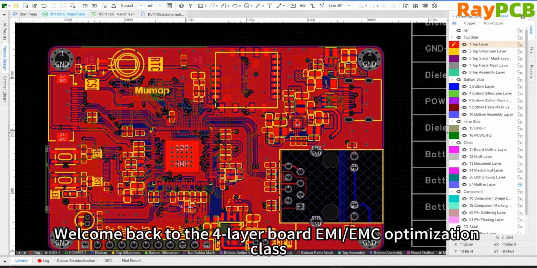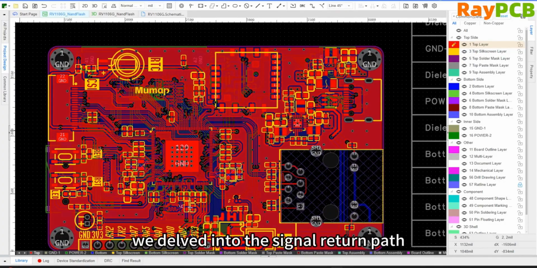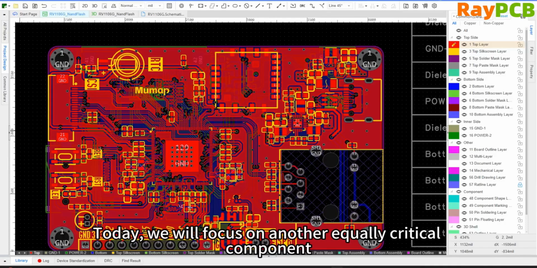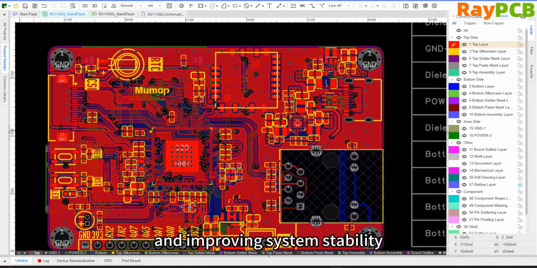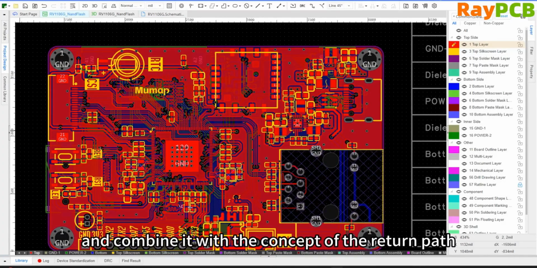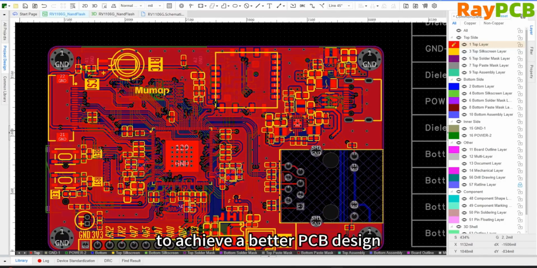Welcome back to the 4-layer PCB EMI EMC optimization course. In the previous video, we took an in-depth look at the importance of signal return paths for EMI EMC. Today we will focus on another equally critical detail, decoupling capacitors. It plays an indispensable role in suppressing electrical noise and improving system stability. We will learn how to place it correctly, and by combining the concept of return paths, achieve even better PCB